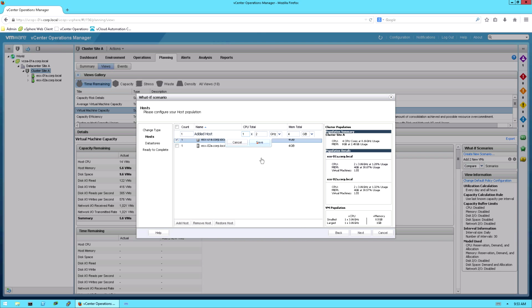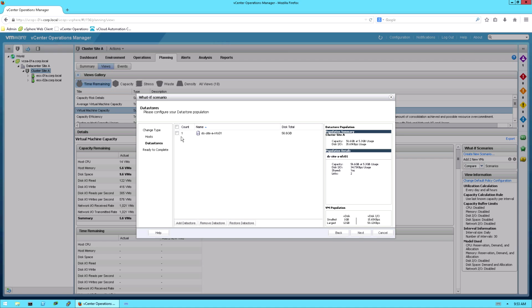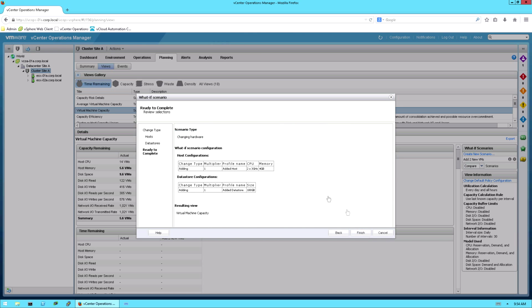I'll just make sure that that is the same settings. It's 3 gigahertz. And once I'm happy with the configuration, I can select next. I can also add a new data store. Let's say if we wanted to add another 100 gigs. Select next, and in the summary it basically tells us what we're doing. I select finish,